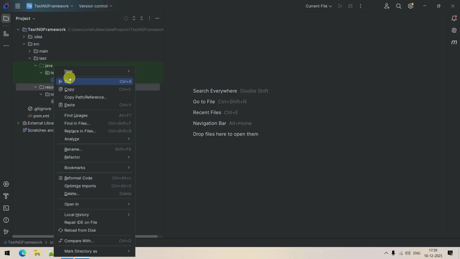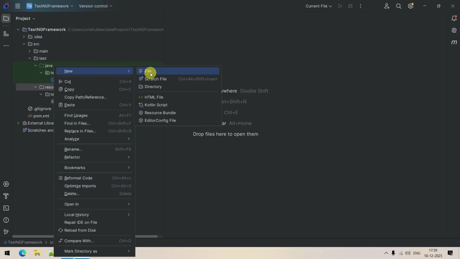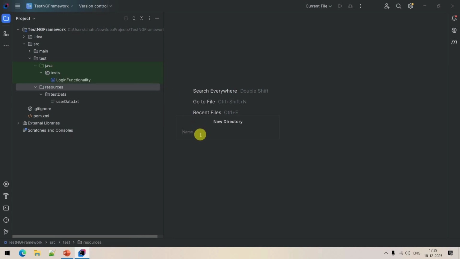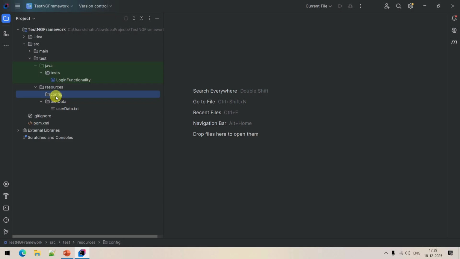Okay, let's create one more folder under this resources folder, and that is for configuration files, to store the configuration files. For example, we have to run our automation framework on different environments like a dev environment, stage environment, UAT environment and production environment. So environment-wise we can create configuration files, so that we can store the relevant